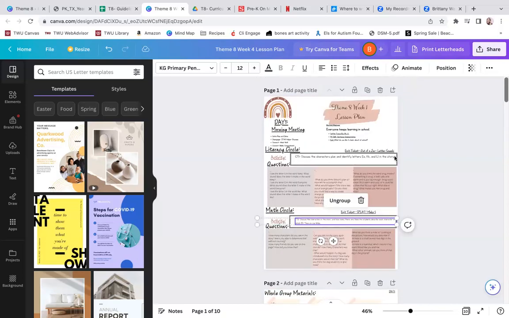So that's pretty much it for creating it. I then print it out every single day. I review the information before I teach it. I highlight, make modifications and adjustments based on where my students